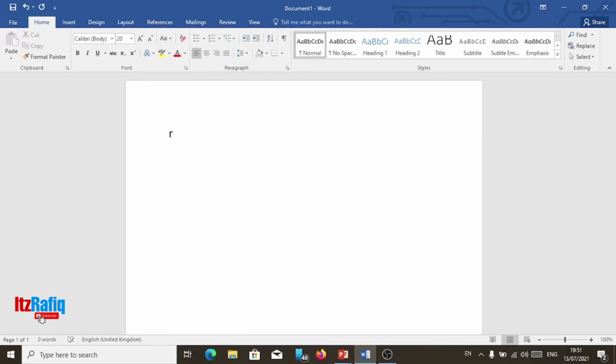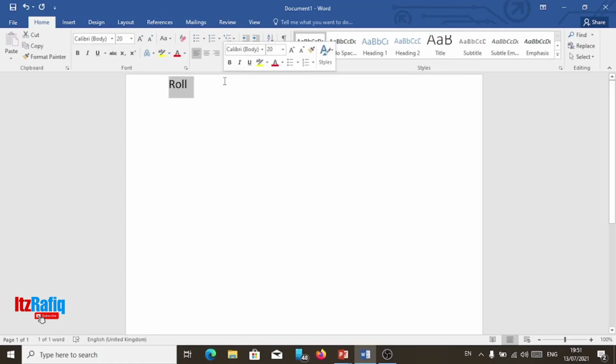For example, here we can write roll number, then press the tab key. When you press the tab key, you can see we are getting very little space, only this much. By using tab stop we can change that. Suppose I want roll number, then name, then marks.